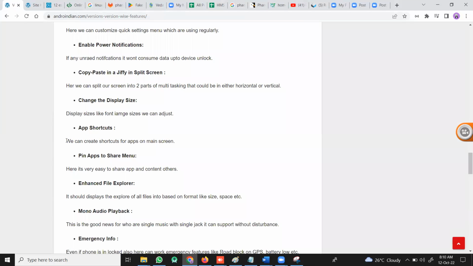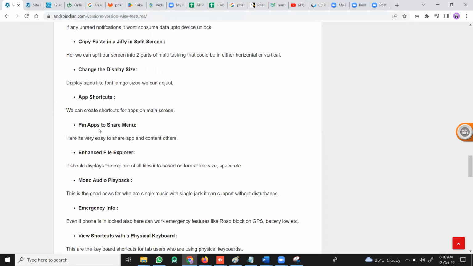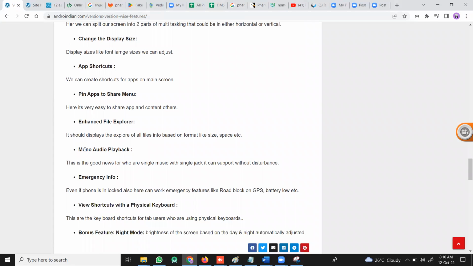And you can create app shortcuts on your mobile screen, like app shortcuts on the home page, and pin to share menu, where you can share apps and controls. You can share the apps with others using social media and so on. And File Explorer, as we saw in the previous version, has been introduced. Now it has more size, space, and so on. And mono audio playback, which means even with a single-jack Bluetooth it can support music properly,